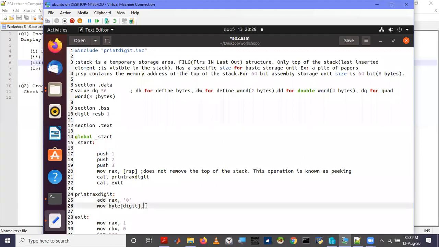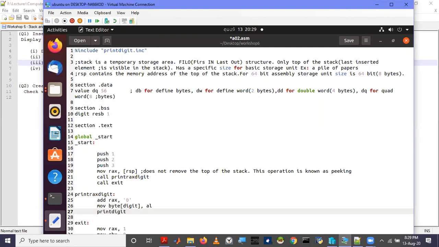So we are not going to copy the whole of the RAX register. We will copy the last part, which is AL, the 8-bit equivalent of the RAX register, which contains the actual digit. Then we call the macro print digit.